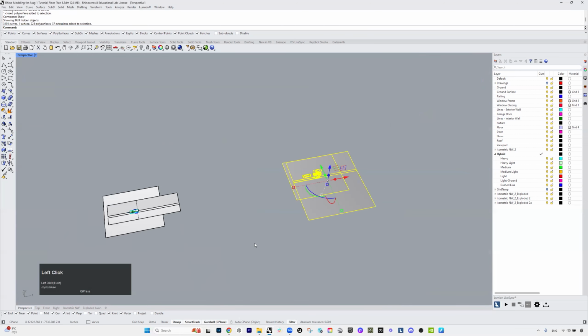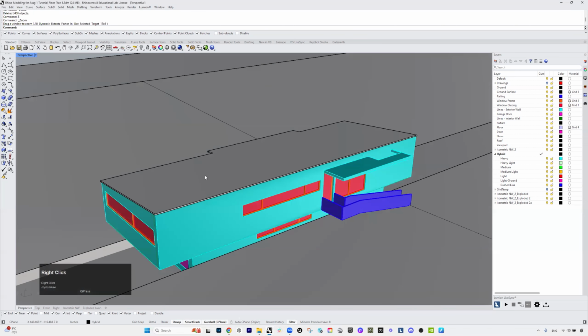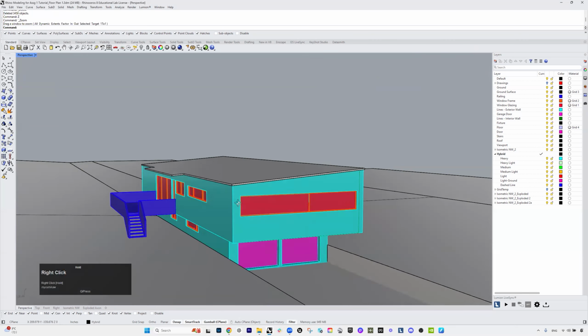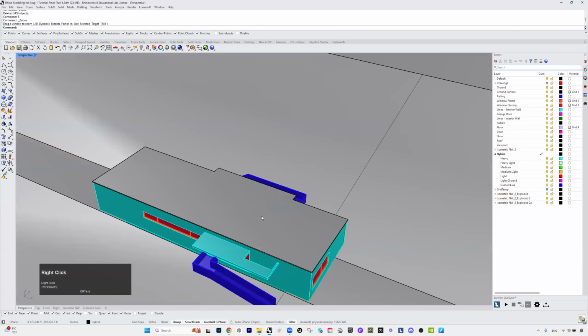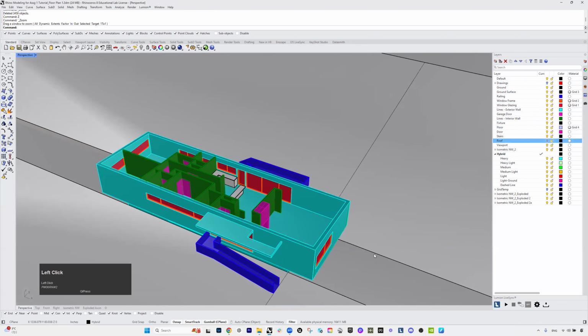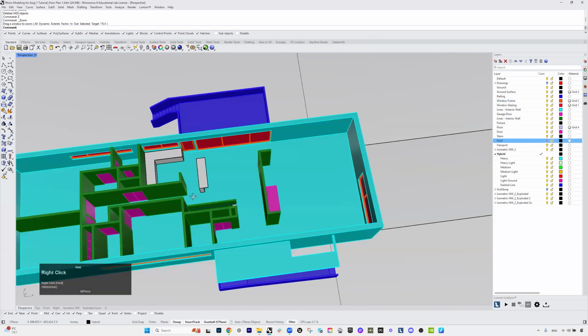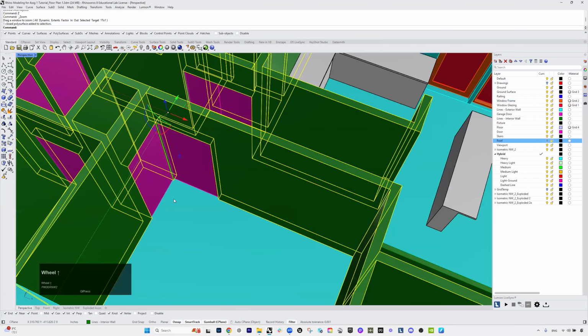But for now, I'm gonna delete that and come back to this. I'm gonna use this geometry to start with. To create the floor plan, the first thing I want to do is create the door frames. Some of you might have done this in the previous step, but I'm gonna show you how that could go. So if I turn off the roof over here,